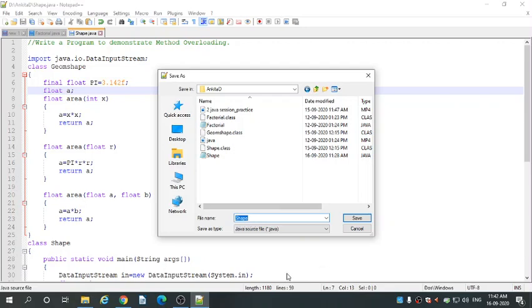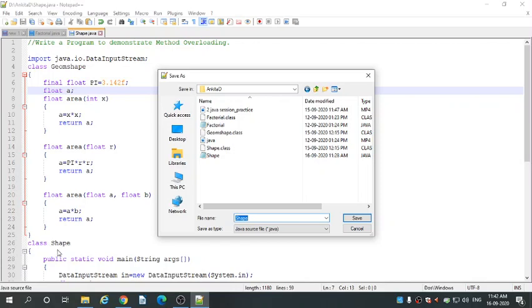Why are we giving this name, shape? Because you can see in our program there are two classes, but we are giving the name shape to our program because the public static void main is the main method. We have declared the main method inside the shape class.